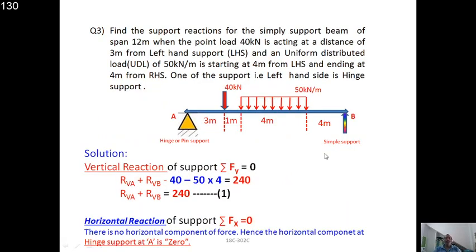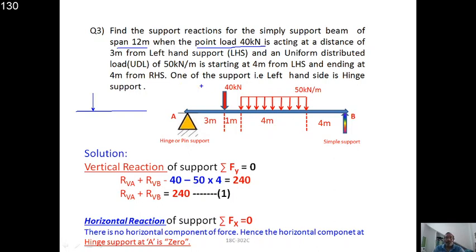Coming to another problem in a similar manner. Now in this case we have the UDL, there is no inclined force. Yeah, hinged beam, hinged support is also given in this problem, right? So for this case we have to study what he is going to tell about the things. He has given a span of 12 meters and a point load of 40 kilonewtons. So therefore I am drawing a span of 12 meters. The point load of 40 kilonewtons is acting at a distance of 3 meters from the support. So from the support at 3 meters, a 40 kilonewton load is acting.